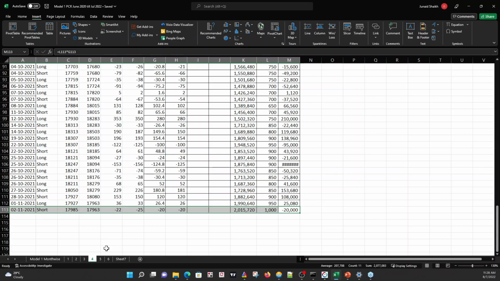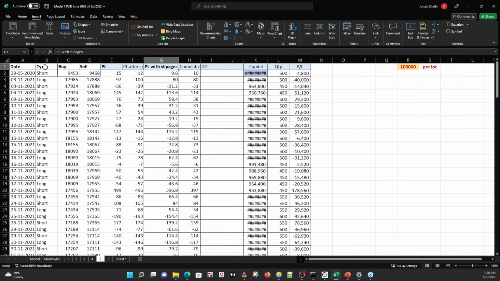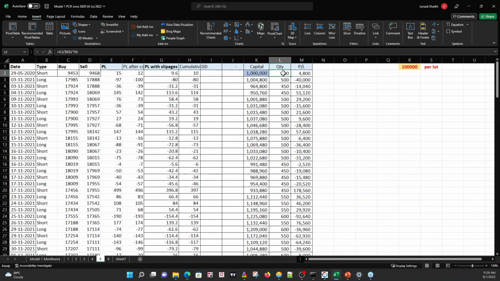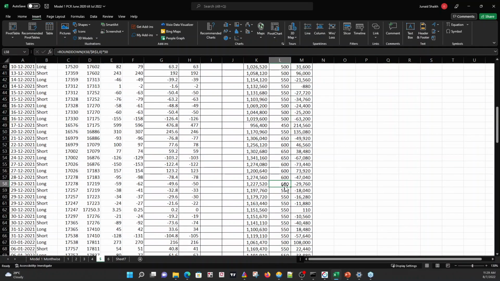Stop trading here, right? Stop trading here. In the next trade, go back to 10 lots, right? Start trading from the next trade onwards with 10 lots, and continue and continue. Right, now let me show you